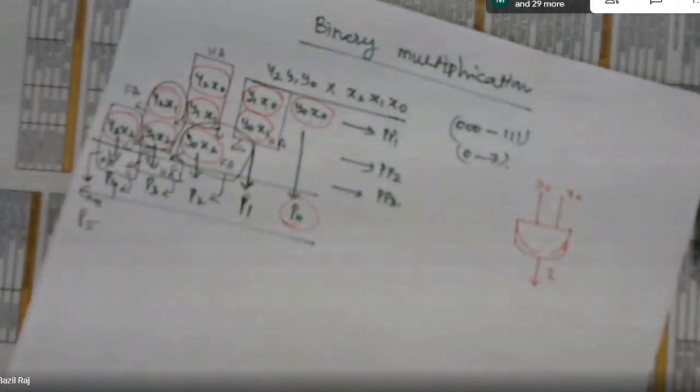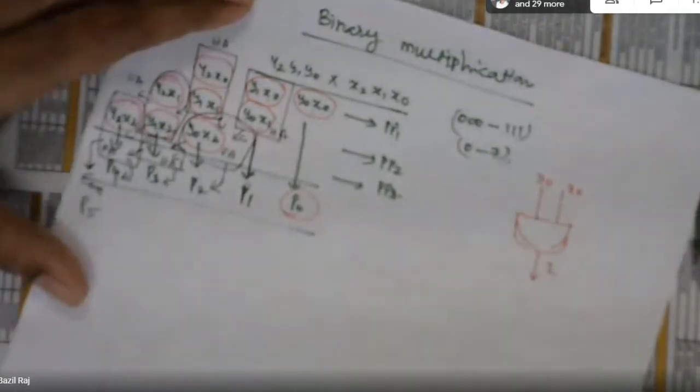So finally, the idea is that whenever you want to multiply, you need to use adders only again. Maybe half adders or full adders, but we make use of adders only to perform the multiplication also. For example, I am taking 4 bits.